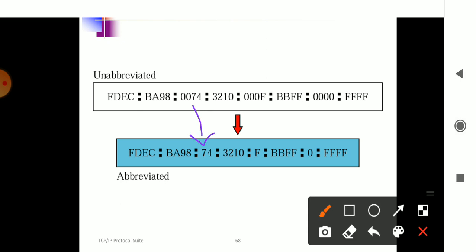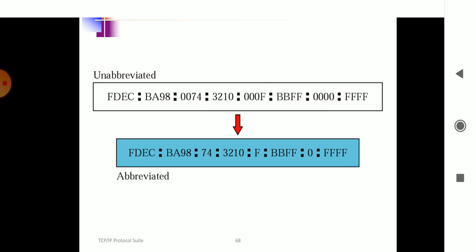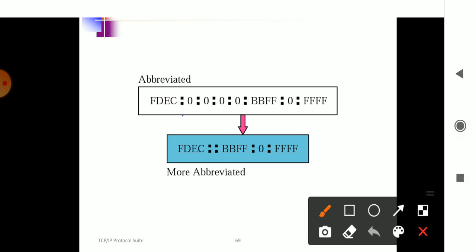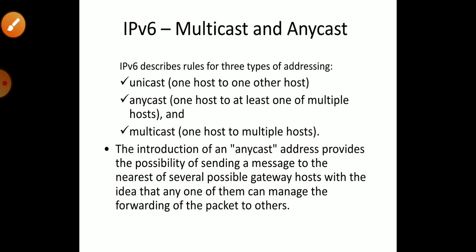Here also the zeros can be taken as a single zero, or they can be eliminated. You can check how the zeros are eliminated: 4 zeros are there, which can be replaced with a colon, or a single zero can be represented back. This way the representation is there.